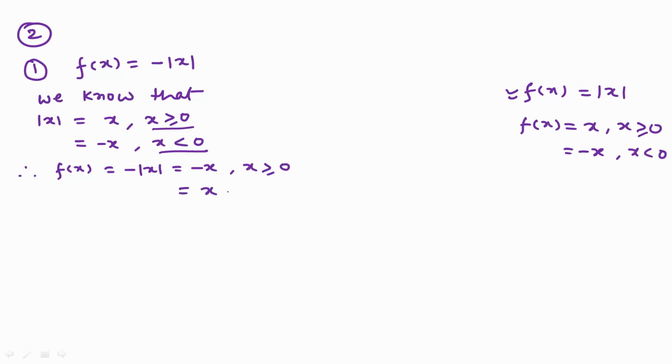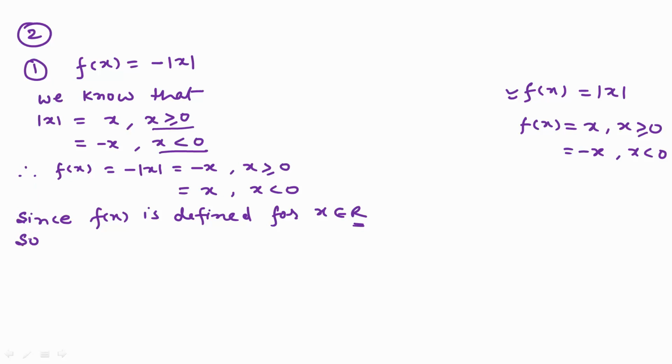And f(x) when x is less than 0. Since f(x) is defined for x belongs to R. f(x) किसके लिए डिफाइन होगा? सारे रियल नंबर के लिए डिफाइन होगा, क्योंकि अगर हम x में कोई भी वैल्यू कोई भी रियल नंबर डालते हैं तो वो हमें पॉजिटिव नंबर ही देगा. डोमेन क्या हो जाएगा इसका? The domain of f is R.